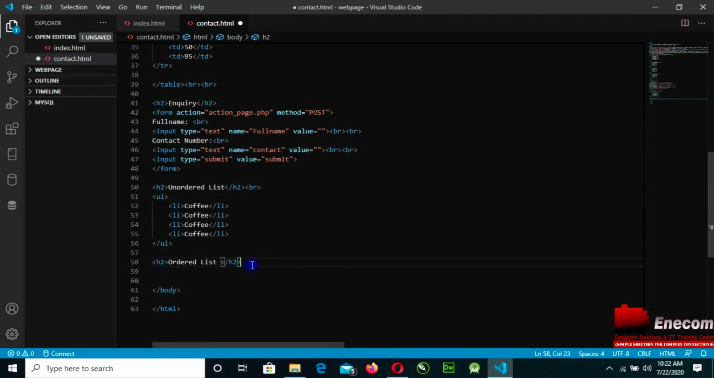So for the ordered list, I need to bring out the OL, then I will insert this LI like this. So I will add coffee. I will insert the next one for milk. Then I will insert the next one, which is going to be tea. So I will save it and let's